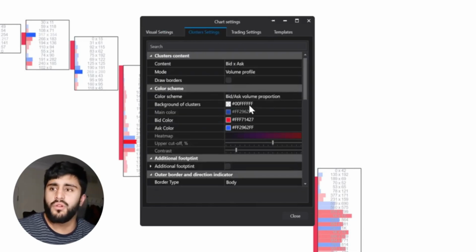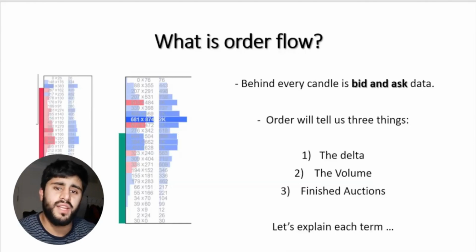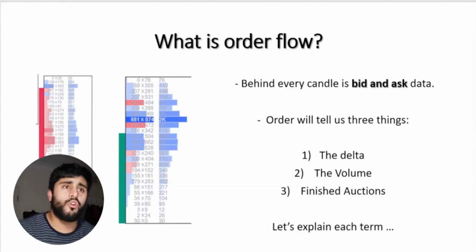Now we go over to the cluster settings, which is essentially the main bread and butter of order flow, right? Order flow again gives us the bid and ask data. That's what we learned last lesson, right? Last lesson we learned that every candle has bid and ask data, right? So the bid represents to a